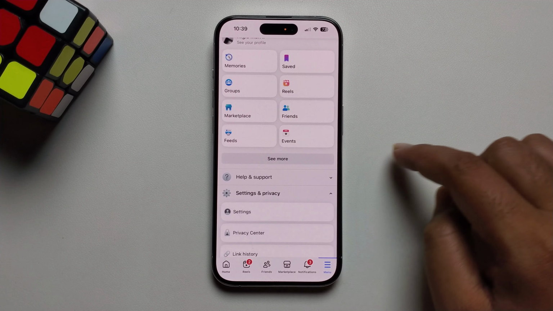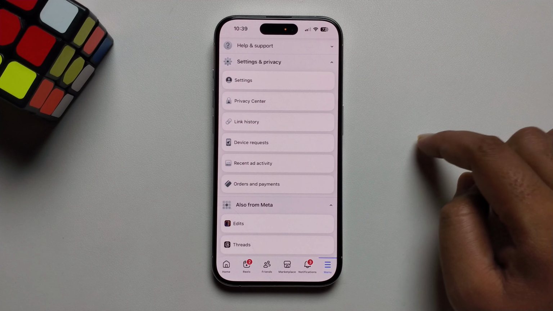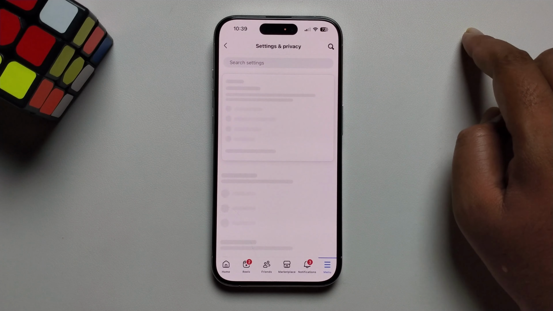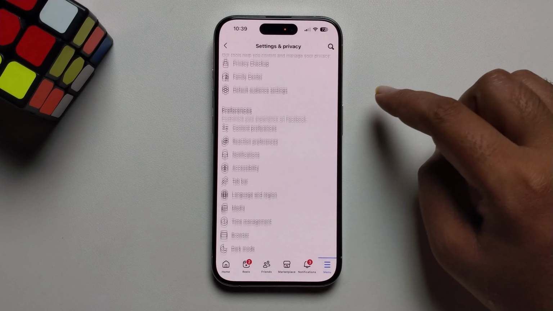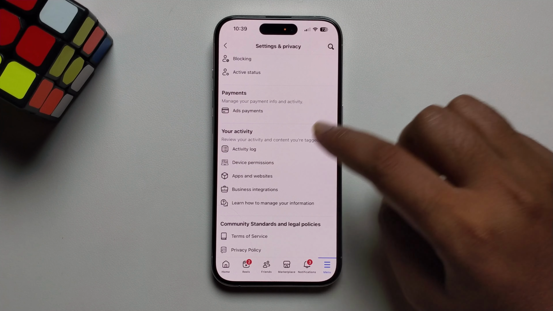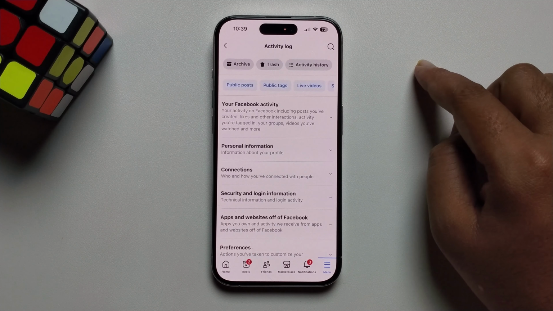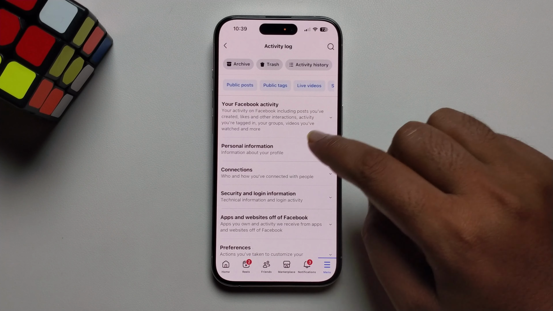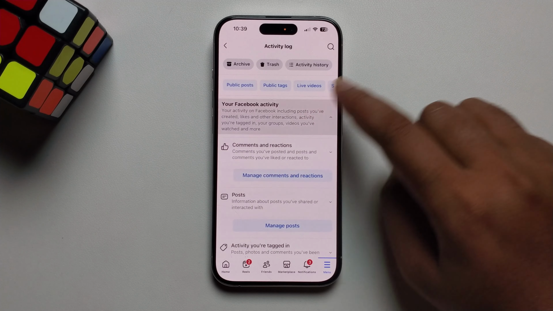Click on Settings and Privacy. Click on Settings, scroll down, then you get Activity Lock. Just tap on this. Okay, click on your Facebook activity,